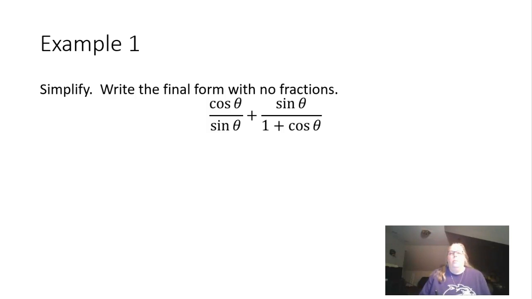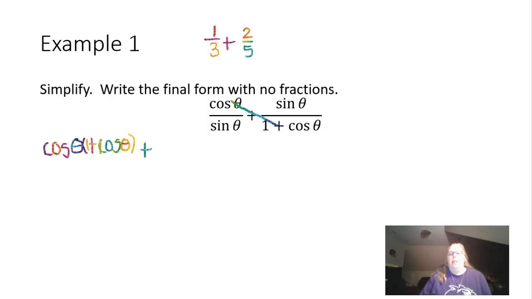Okay, we need to take these two fractions and turn it into an expression that has no fractions in it. Well, if this were regular math and we had something like 1/3 that we were trying to add to 2/5, the first thing we would want to do is get a common denominator. And so that's exactly what I'm going to do. I'm going to multiply the numerator times this denominator. So we're going to have the cosine of theta times 1 plus the cosine of theta